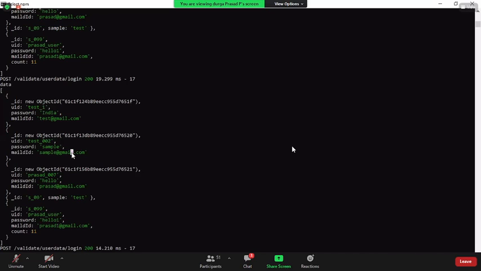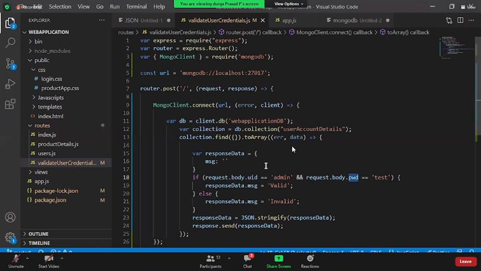Right now, my logic is get me the list of all the data from the particular collection. Now you compare the values. That is one option. But assume I have 1000 user account details. Why are you fetching all the data? Again, putting a for loop on it.